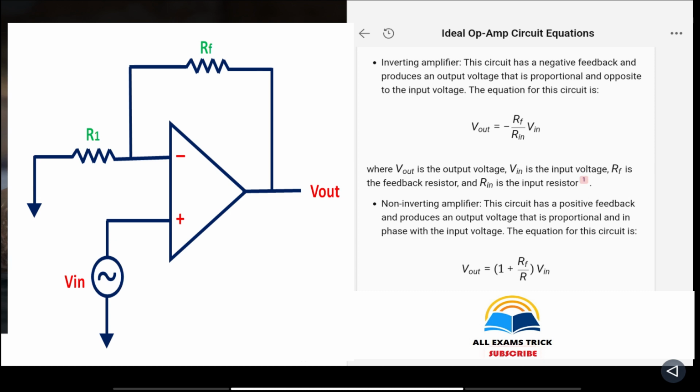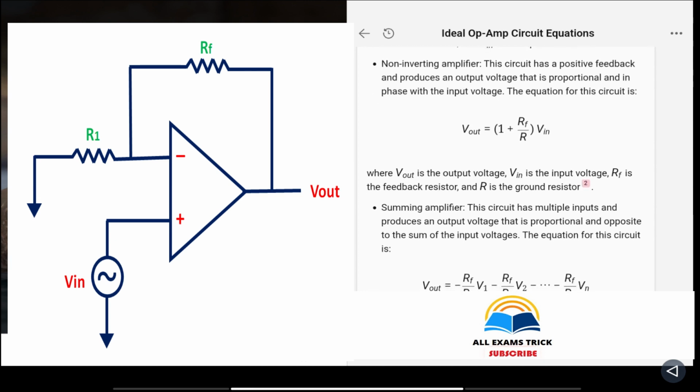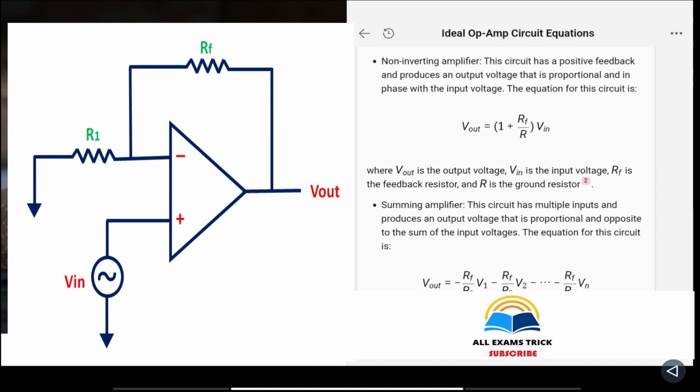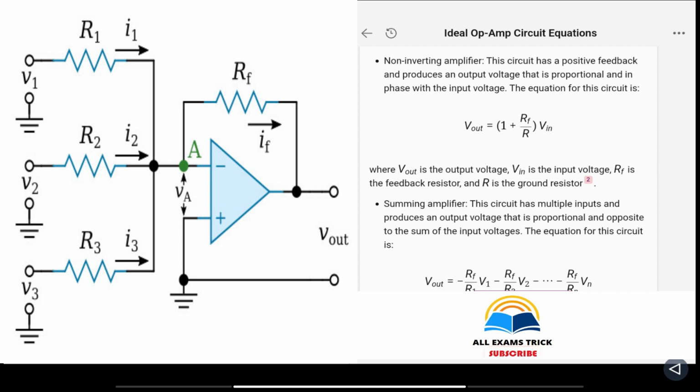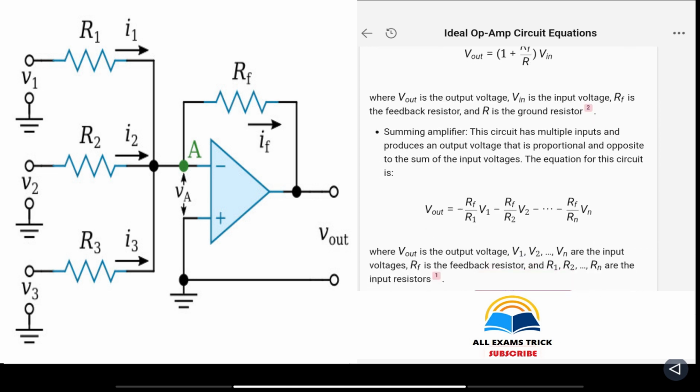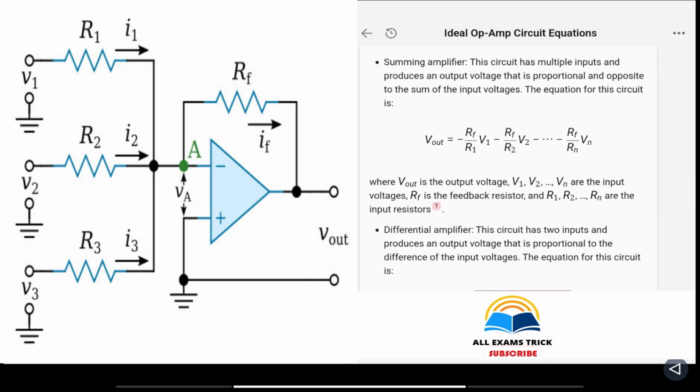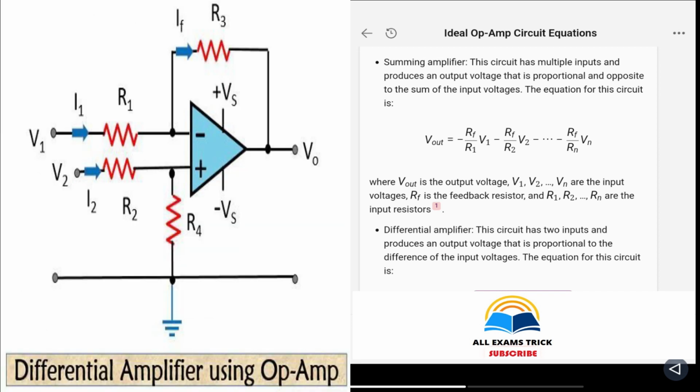Non-inverting amplifier. This circuit has a positive feedback and produces an output voltage that is proportional and in phase with the input voltage. The equation for this circuit is. Summing amplifier. This circuit has multiple inputs and produces an output voltage that is proportional and opposite to the sum of the input voltages. The equation for this circuit is